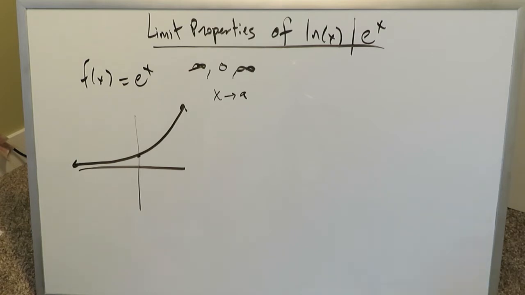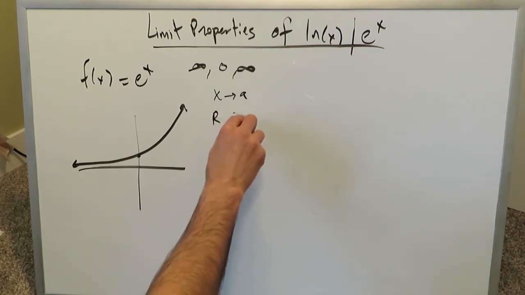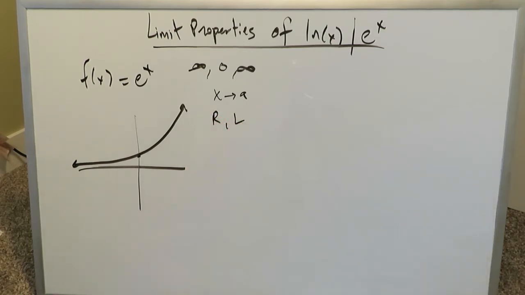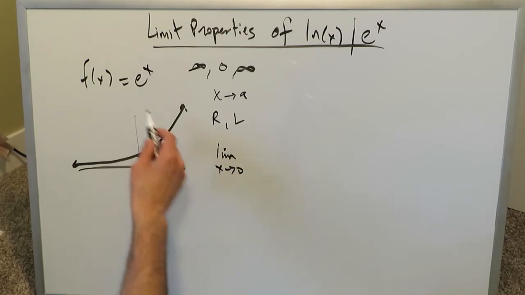Why is that the case? Because at any point on this curve, which is a continuous curve, you can clearly establish right side and left side limits to be equal to one another. If you were to look at the point 0, limit as x approaches 0 for this specific function right here,